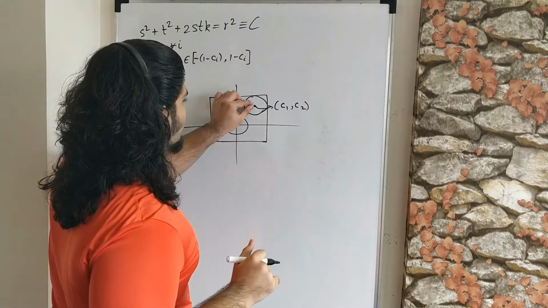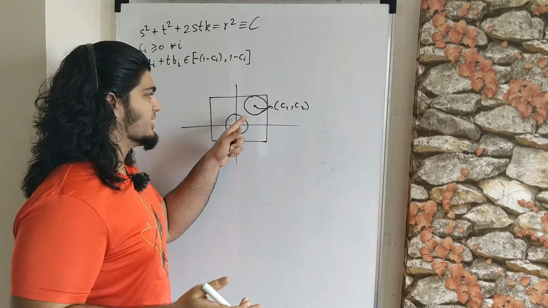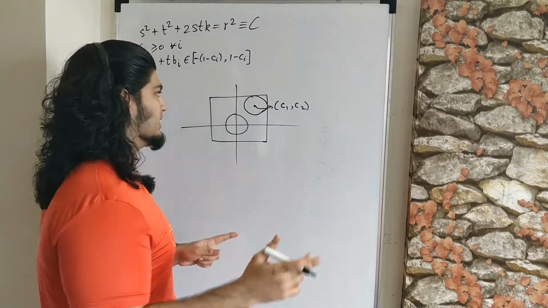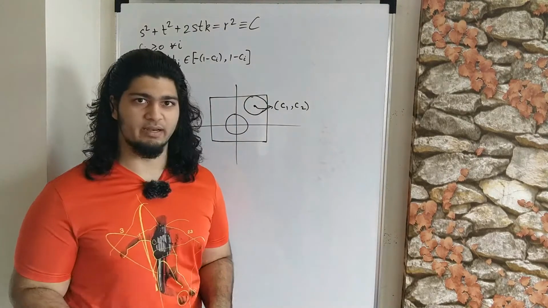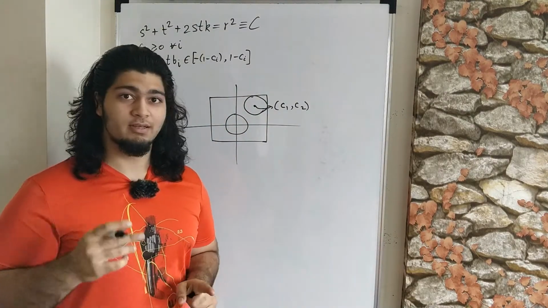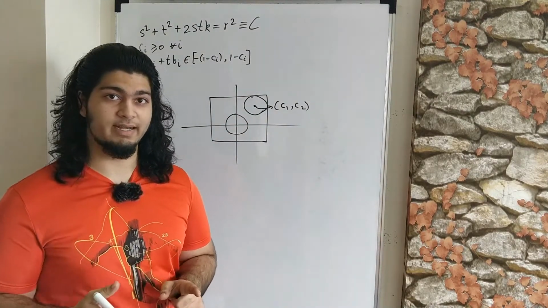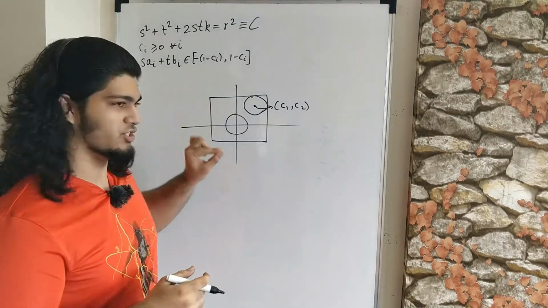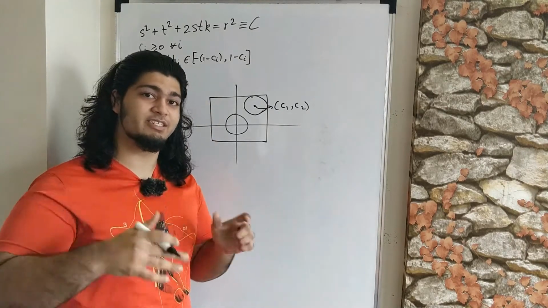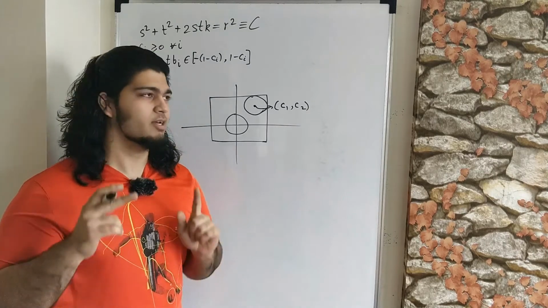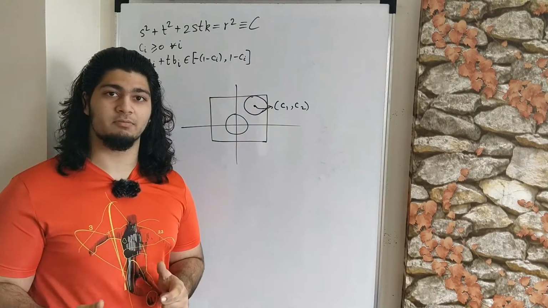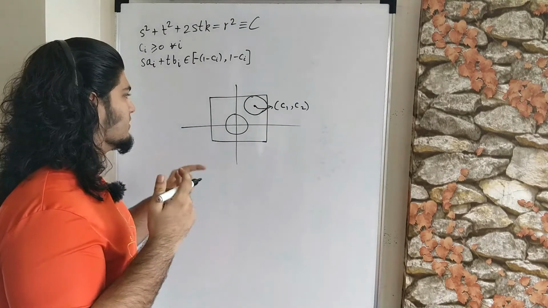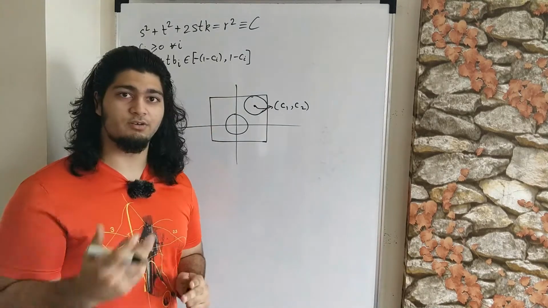So if I have a circle centered at (c1, c2) which is of maximum possible radius, then I can just shift it to the origin and it will still be contained in the square. So that means that if the circle of maximum possible radius is not centered at the origin, we can just shift it to the origin and it will still be contained in the hypercube. So if we show that, then we have also shown that it's possible to draw the circle of maximum possible radius at the origin.